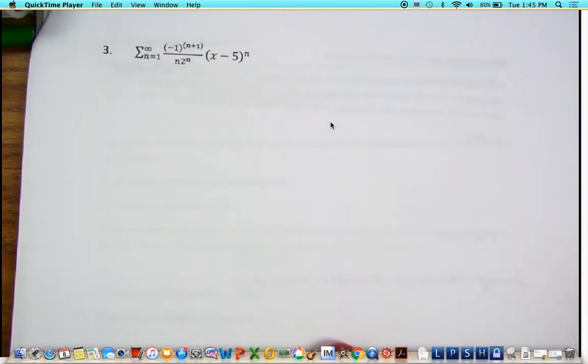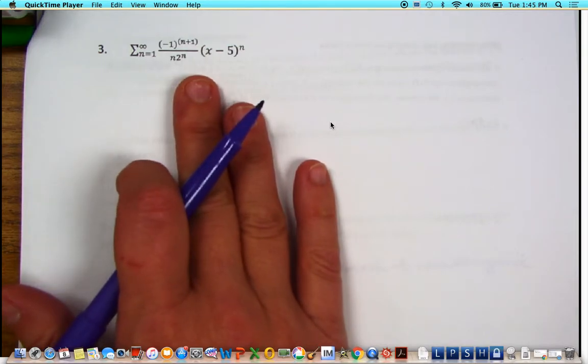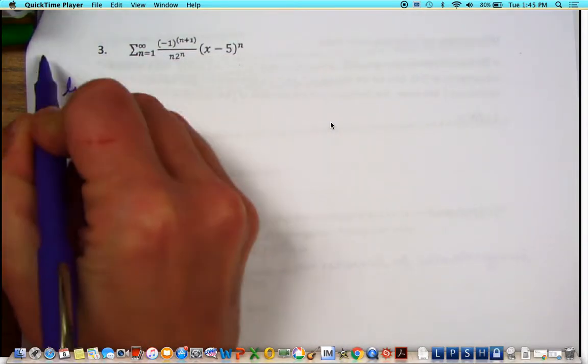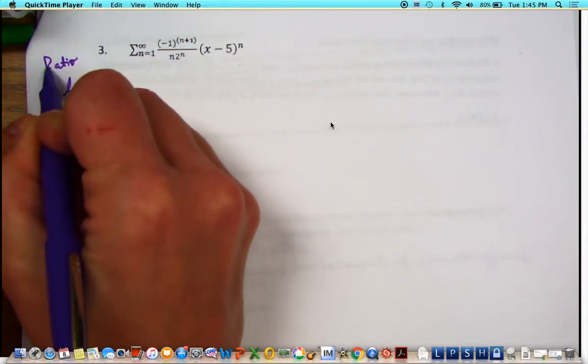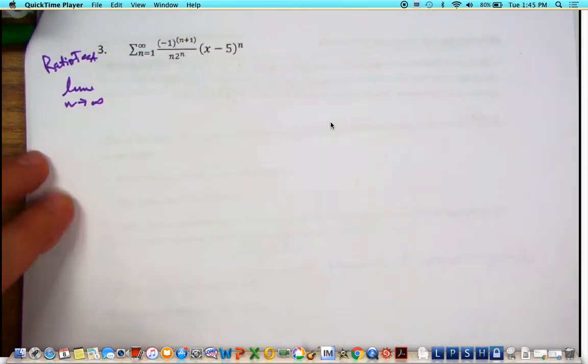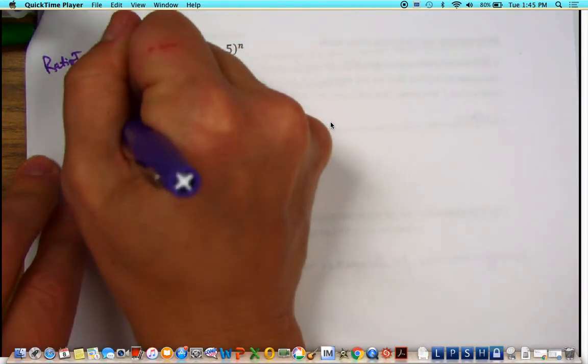Okay, directions are the same. Determine the interval of convergence and radius of convergence for this series. As soon as you read those words, you need to think ratio test. Get rid of the alternating, right? Yep. So the ratio test says to do the limit as n approaches infinity